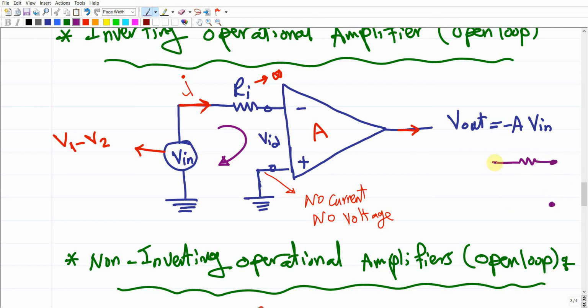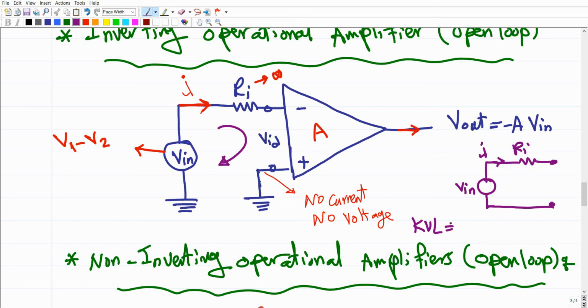here. We have an input signal, V input, and there is R input, and there should be a current I. This electrical circuit is equivalent to this one. We just close this line because these are two grounds, right? So these are the two ends. It can be closed, no problem, right? So this is the equivalent representation of this loop, and the Kirchhoff voltage law for this loop is